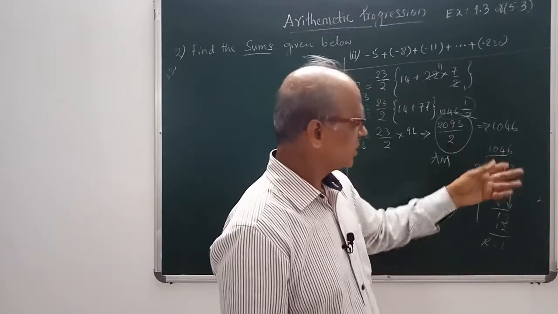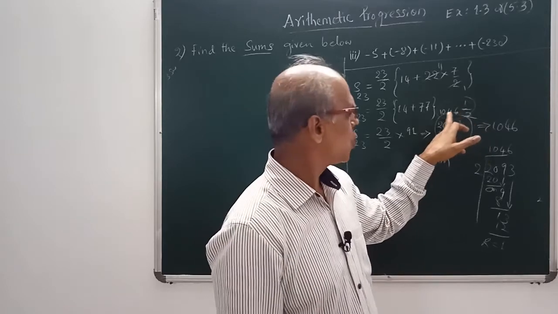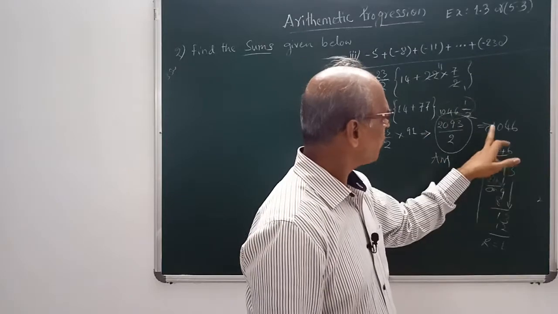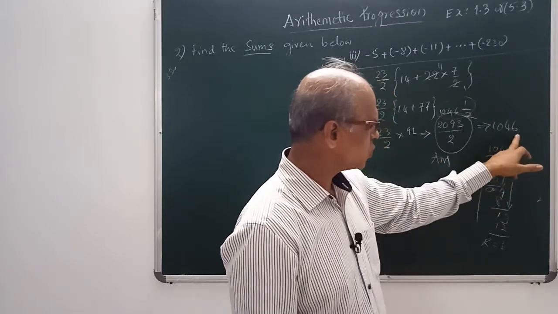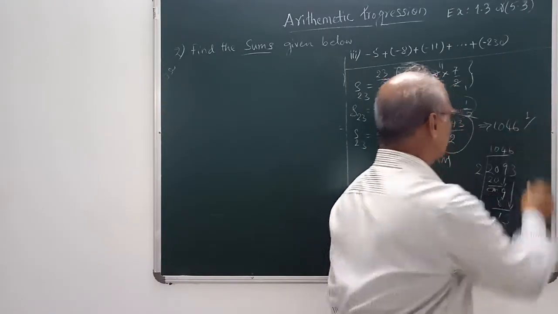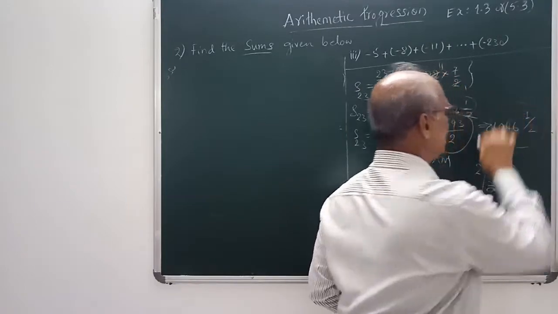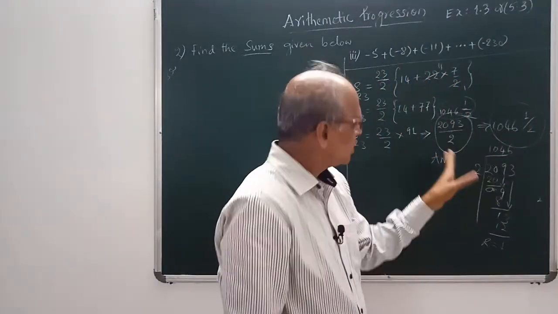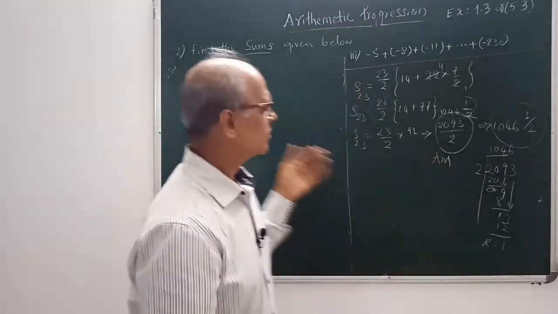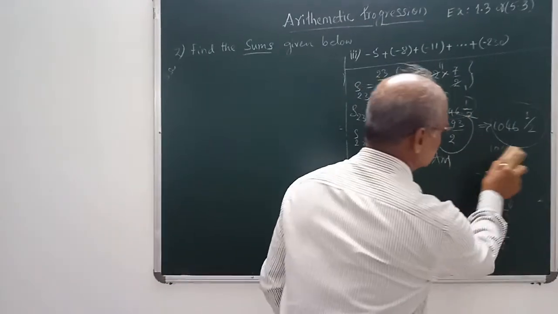So how to convert this into a fraction? This is a whole number and the fraction combined together. This is a mixed fraction we call it as. So 1046, that means quotient first you have to write, then remainder you have to write. What is the remainder? It is 1. Then divided by the divisor, that means this. So both the answers are correct, this and this. Don't say that sir, answer is wrong. You divide it, you get the same one. Okay, third one now.